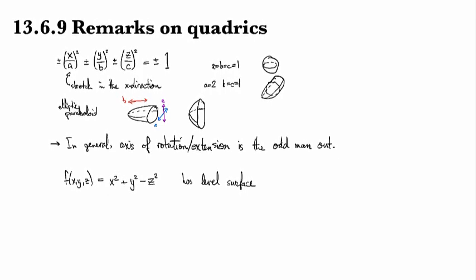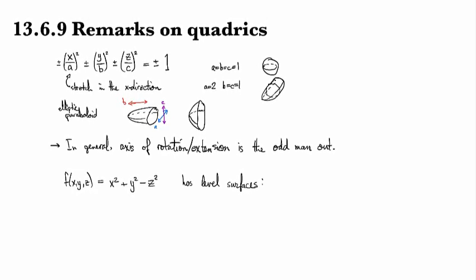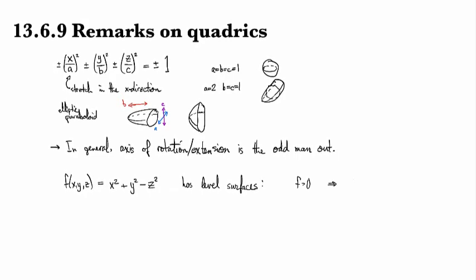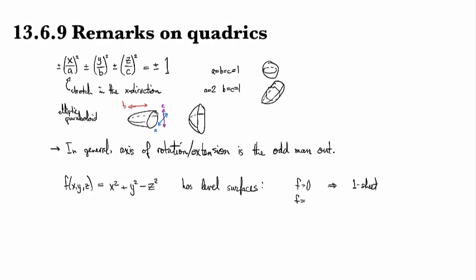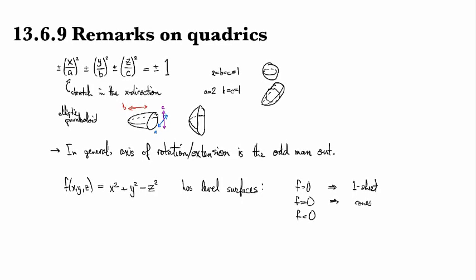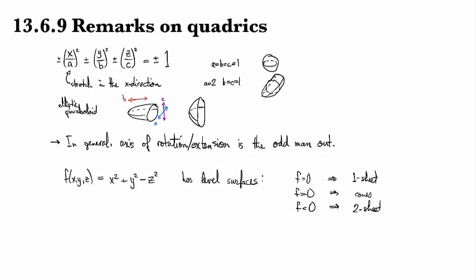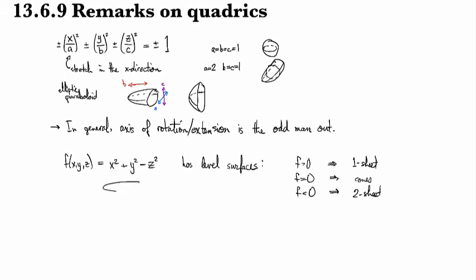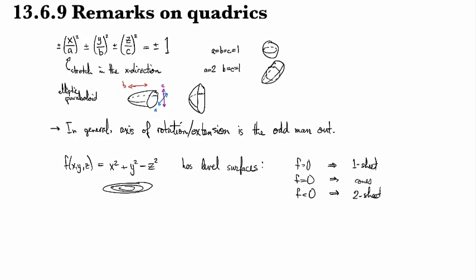If I took level surfaces which were positive, then I got a one-sheet hyperboloid. If I took 0, then I got cones, and if I took negative, then I got a two-sheeted hyperboloid. And so if we stack them together,